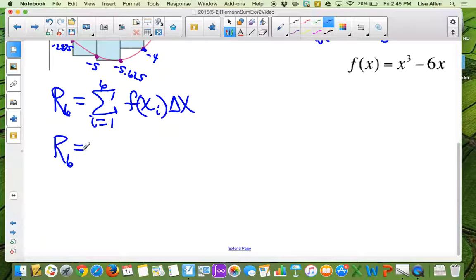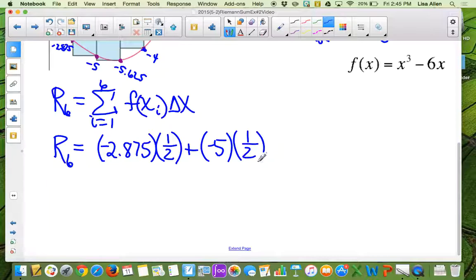and we're just going to list them, as negative 2.875. That would be the height of the first rectangle. And remember, it's a negative height. It's below the x-axis. Times 1/2. That gives us the area of the first one. Plus, we have negative 5 times 1/2. Plus negative 5.625 times 1/2. Plus,